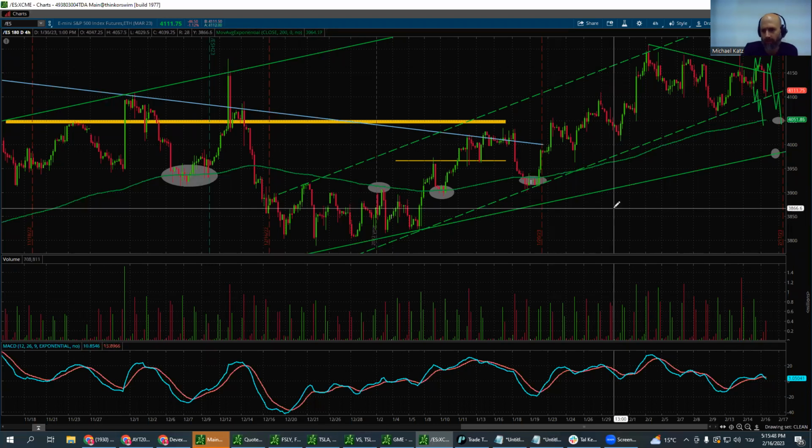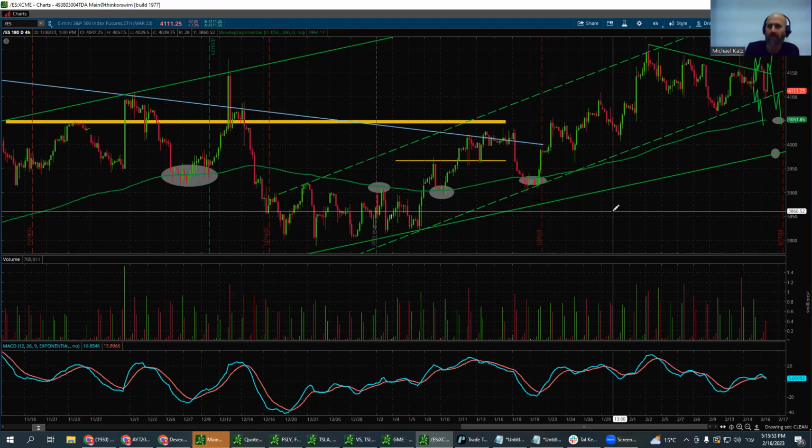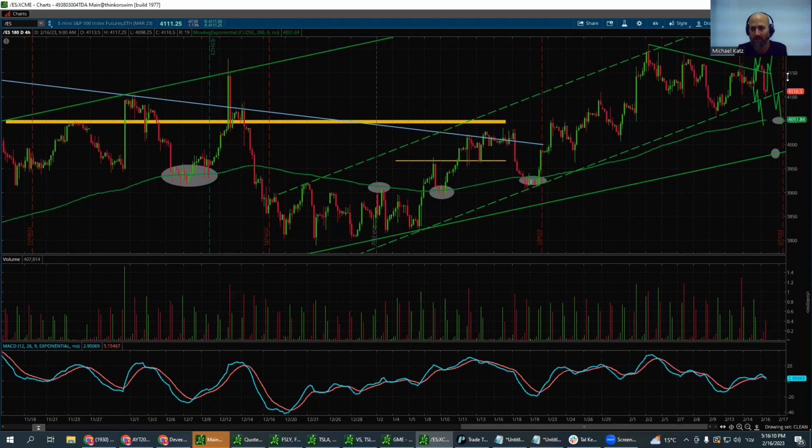Either way, just trade the scenario. Don't try to predict what the market will do. I always create two scenarios, one for the upside, the other for the downside, and wait to see what will happen. As soon as I see that one of the scenarios is occurring, then I can act. It's much easier to trade that way.